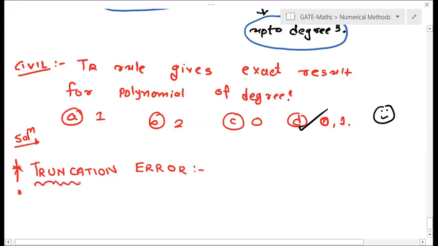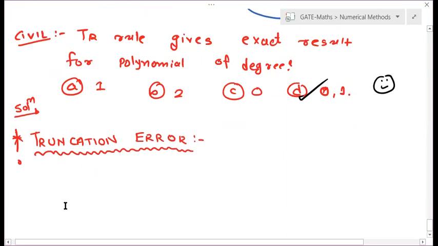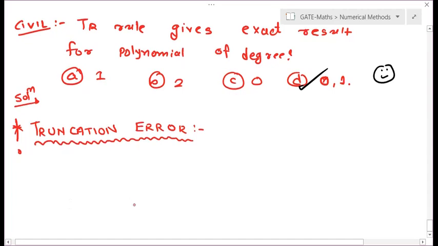So for truncation error, you have to remember first what is its basic rule and its error order. Because you can expect questions based on its error order only. No need to remember its whole lengthy formula because it will be cumbersome. So I am giving you both, but no need to remember that formula. You can remember that, and you can expect questions based on that also. Okay, give me 1 minute.